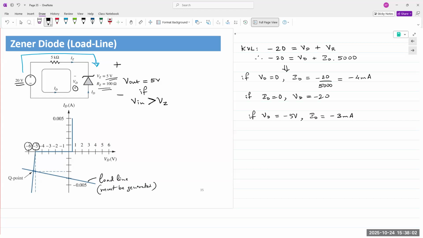And so once we have those two endpoints, we plug them in and join those two coordinates, and we obtain that load line. Once we obtain that load line, we look at the intersection point. And the intersection point, which is our Q point,